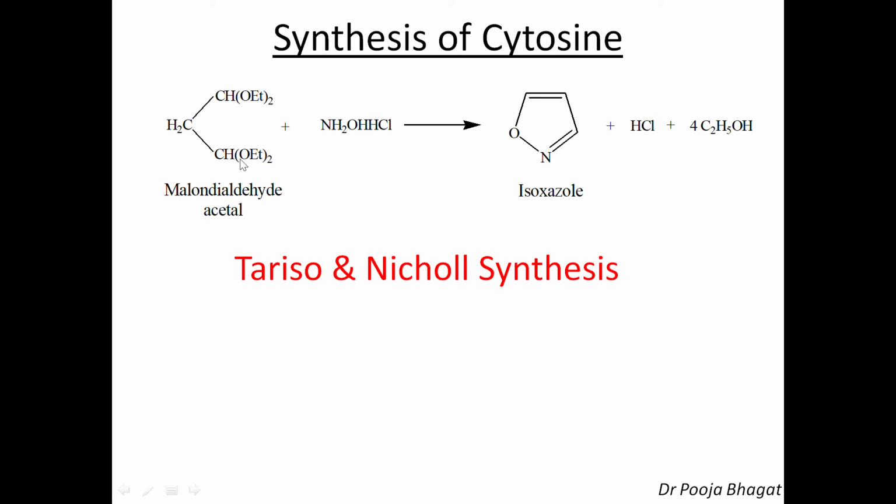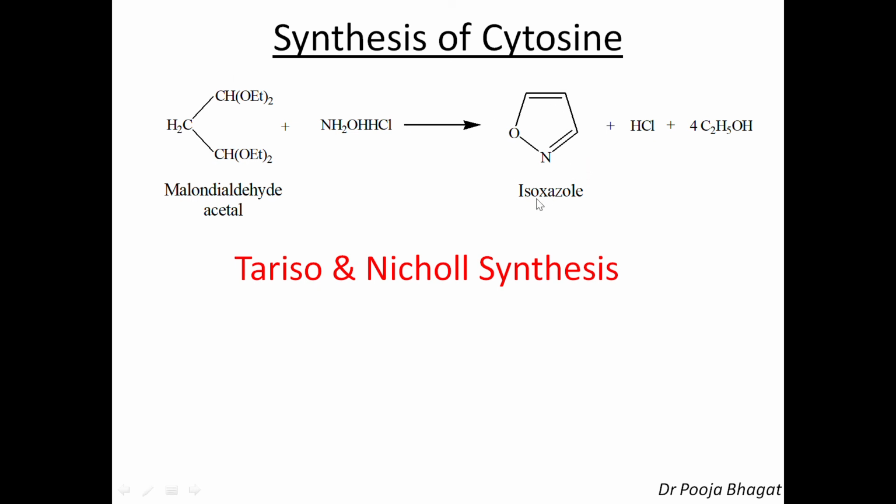The 2 hydrogens from here and 2 OEt from here go out as 2 molecules of ethanol, and there is a double bond between CH and nitrogen. As you can see here, between nitrogen and C, there is a double bond. Then similarly here, the H from here and OEt from here goes out as ethanol, and then to form the double bond, this H and OEt goes out as ethanol. So 2 ethanols from the 2 hydrogens on nitrogen, and 1 hydrogen and 1 ethoxide ion give the fourth ethanol.